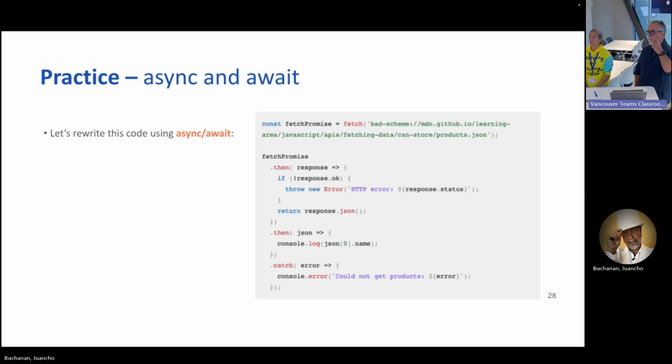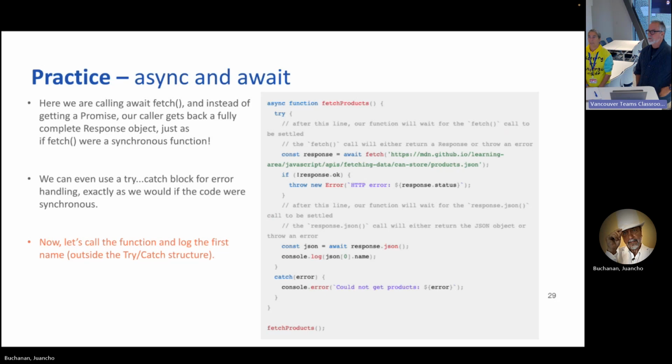Basically fetch, and if the response is not okay, we throw an error. We're not going to process the not okay, we're not going to tell you about 404, we're just going to say, hey, we got an error. Then we convert to JSON, so then we have JSON to console log, and then we print it out, right? So we want to change this, we want to build a function that fetches products.